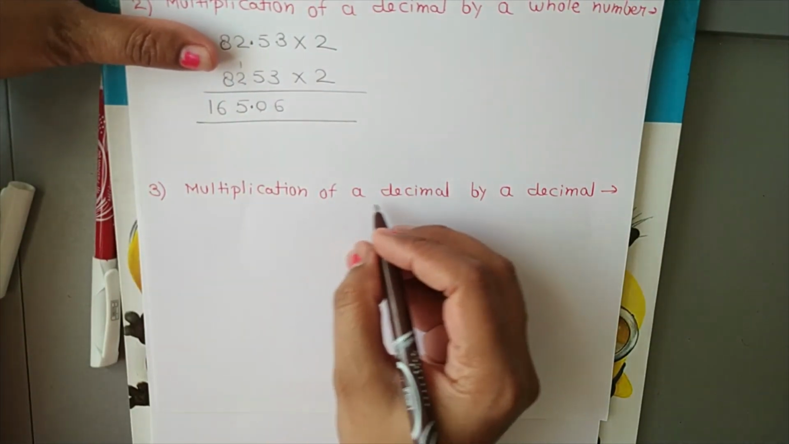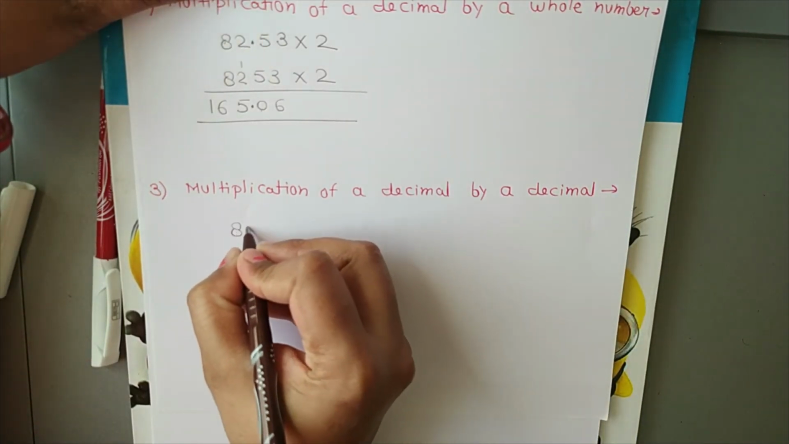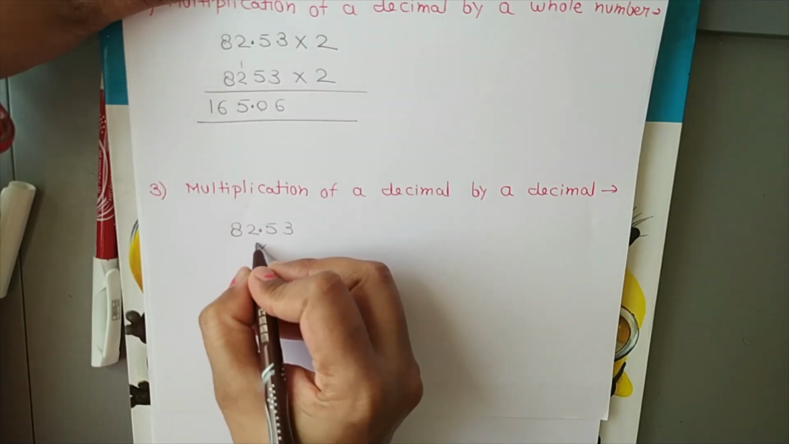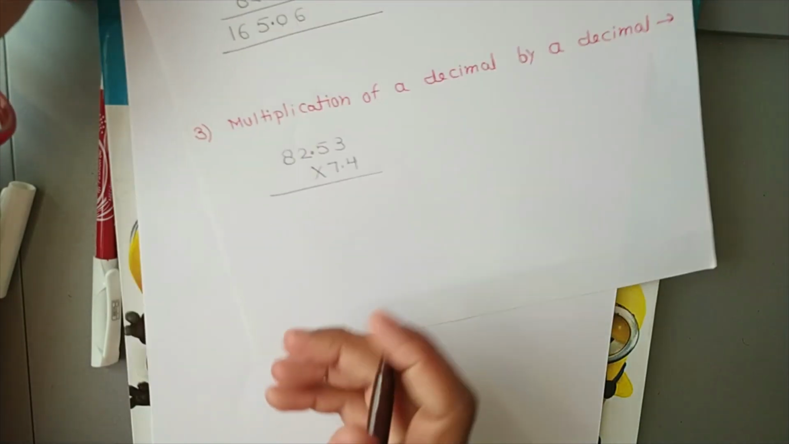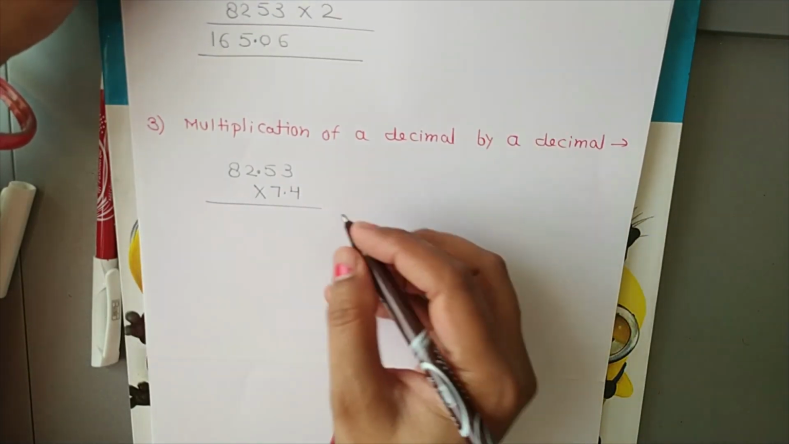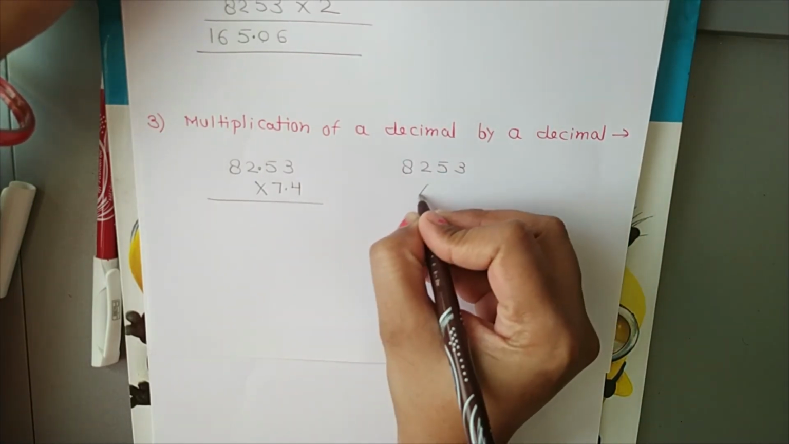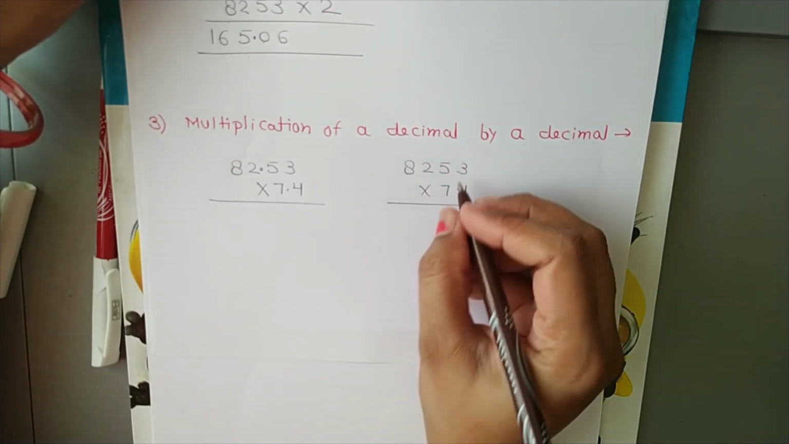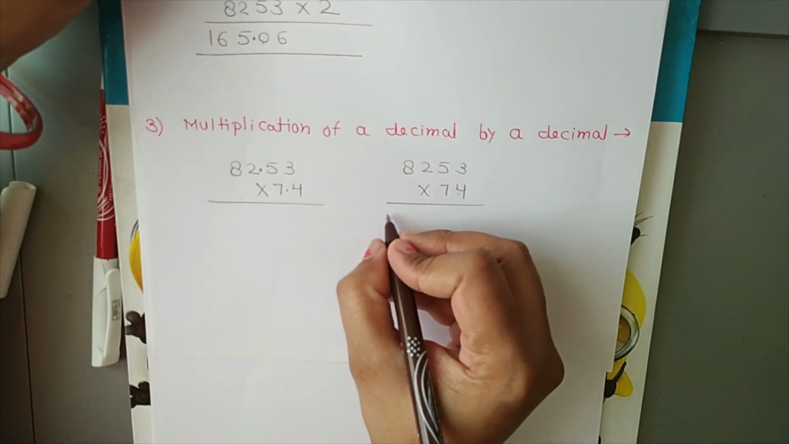Now the third case is multiplication of a decimal by a decimal. So suppose 82.53 is multiplied by 7.4. What will be the procedure? We just ignore the decimal. So it will be 8253 multiplied by 74. And you know how to multiply this? Yes, 8253 multiplied by 4. So the answer is